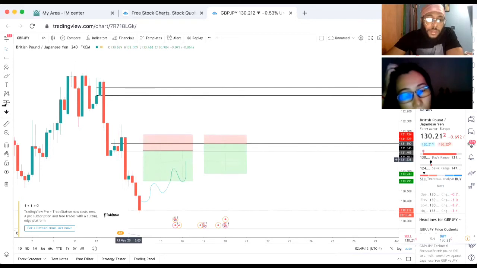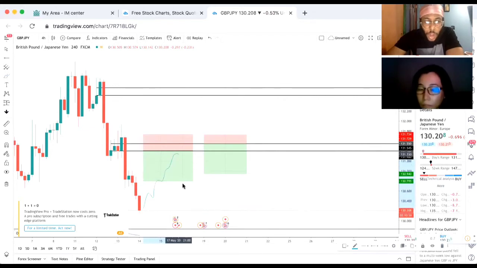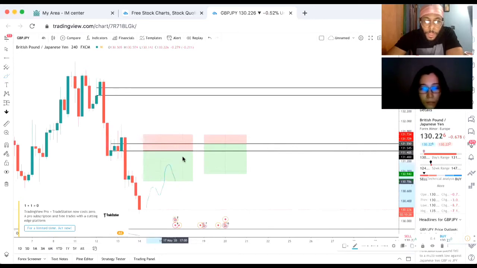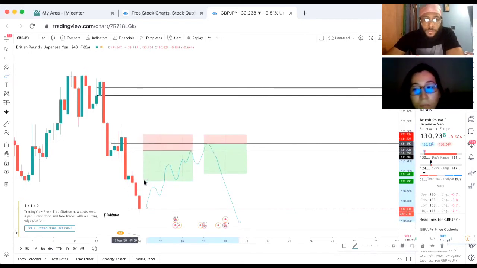So sometimes it's not going to touch your second one. Sometimes it just goes up, touches the first one, and then drops. Okay. Sometimes it's going to touch both of them. So sometimes it can do something like this: go up, hit your first one, drop, then go and hit the second one, and then drop. So that provides two entries off of the points of interest.